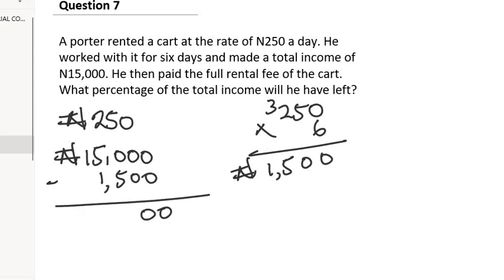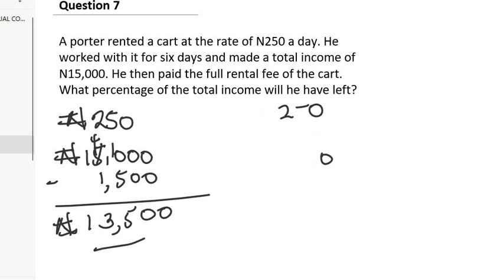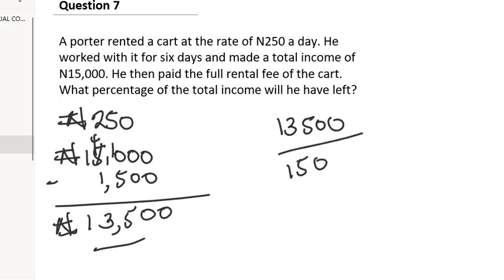Pick 1 here, put the 1 here. 10 minus 5 is 5, 4 minus 1 is 3. So what will be left, this is the income left, 13,500. The question says, what percentage of the income is left? To get the percentage that is left, we have the income left, which is 13,500, over the total income, which is 15,000,